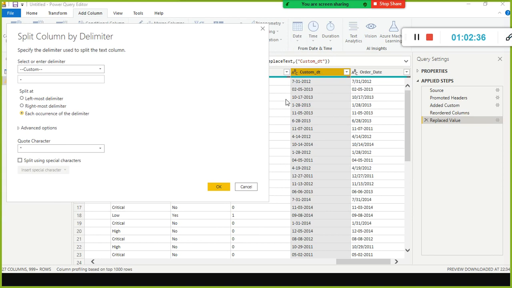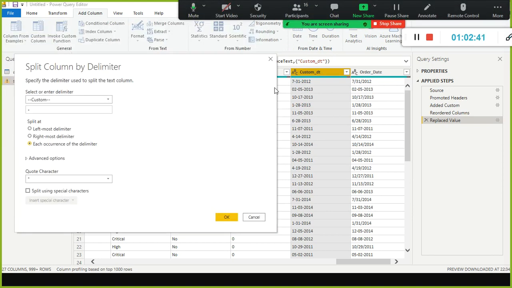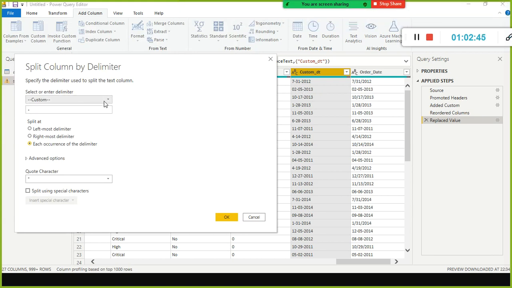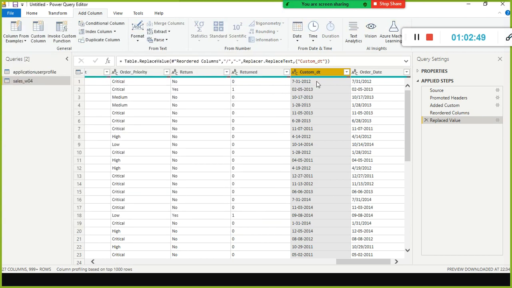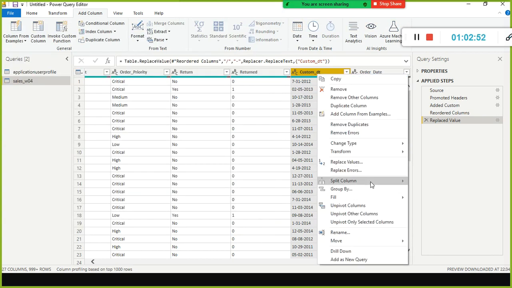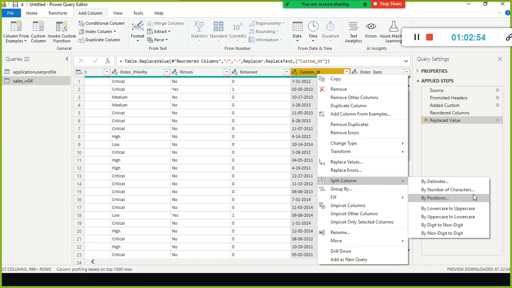In Excel, whatever we do, it is the same thing. Lavanya, it's very simple. If you have worked on Excel, it's very simple to understand this step. And okay, here what I'm going to do is I just split column by delimiter. We have various options available. Look here in the split column, number of characters by positions. I guess those of you who did programming, you must be knowing it in the ETL part. Those of you who worked, you know this one. Fixed delimiter, fixed space delimiter, nothing but position, number of characters.